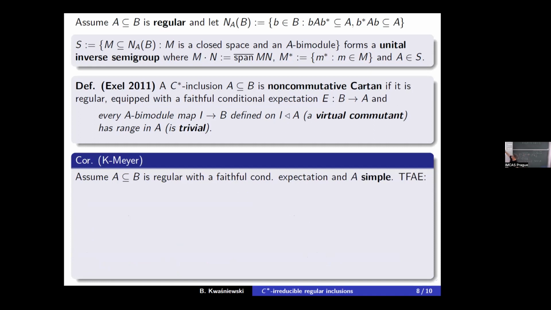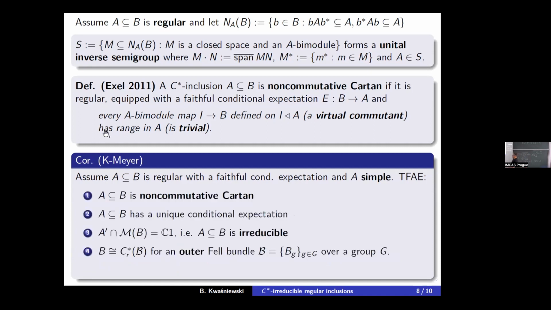So when we add the assumption that A is simple, then this inclusion is non-commutant, if and only if this has a unique conditional expectation. So this uniqueness can be, so this is irreducible. I told you that in general, irreducibility is not enough for C*-irreducibility, but in this case it is. And this is just outer because there are no ideals in A, so we don't have to pass to purely outer. Moreover, this inverse semigroup here is in fact a group, and this also follows from simplicity of A,